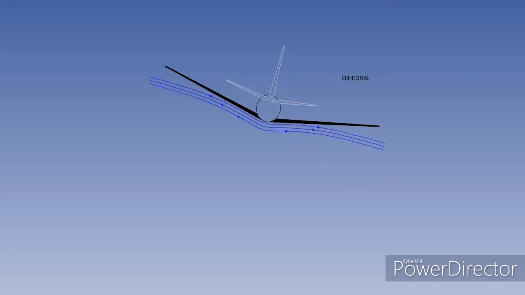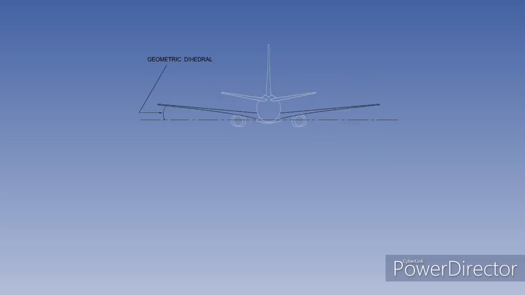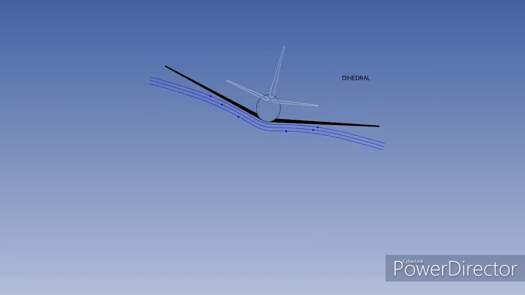The designers can reduce the unstable contribution of a low-mounted wing by fitting the wing on the fuselage at an angle. This is called dihedral, the upward inclination of the wing from the horizontal. Let's see how dihedral reduces the unstable contribution of a low-mounted wing. It is clear that dihedral removes the wing from the influence of the airflow around the bottom of the wing-fuselage junction,